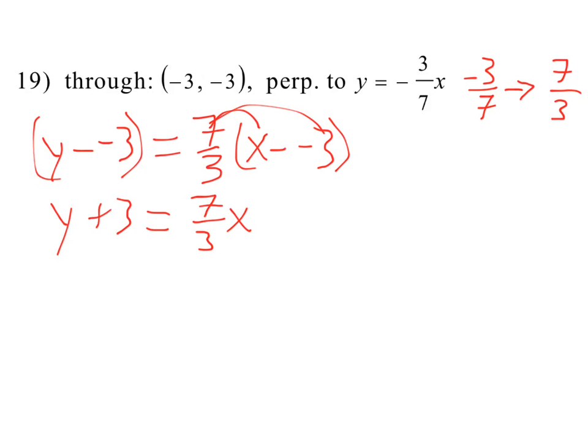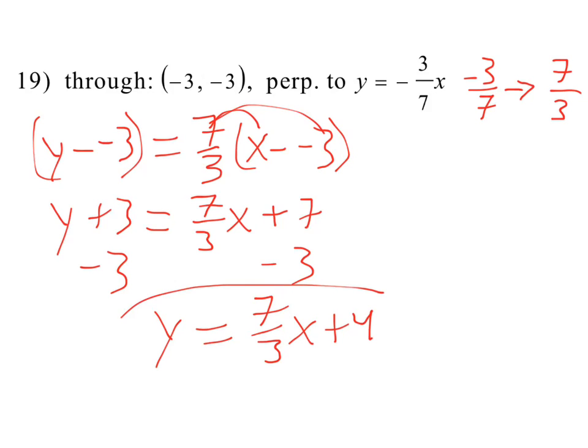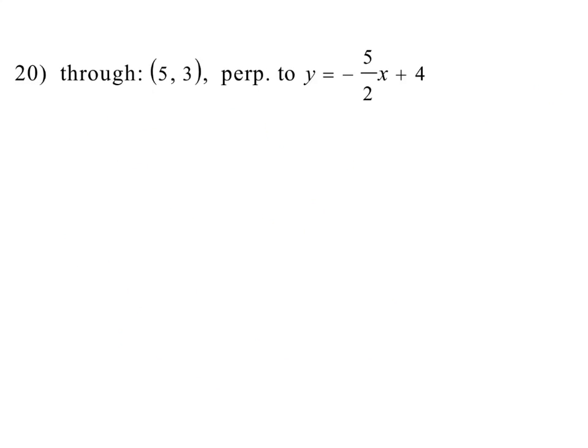So it's 7/3 times 3. 7 times 3 is 21. Divide by 3 gives you 7. So over here we got plus 7. Now it's time to get y by itself. Subtract 3 from both sides. You have y equals 7/3 x plus 4. And there we go. And then 20, again I need to get perpendicular, so I'm going to take the slope